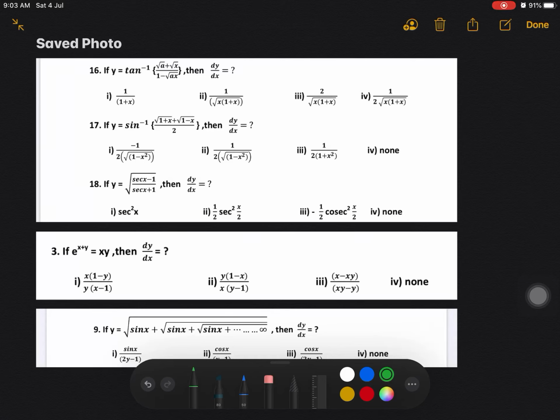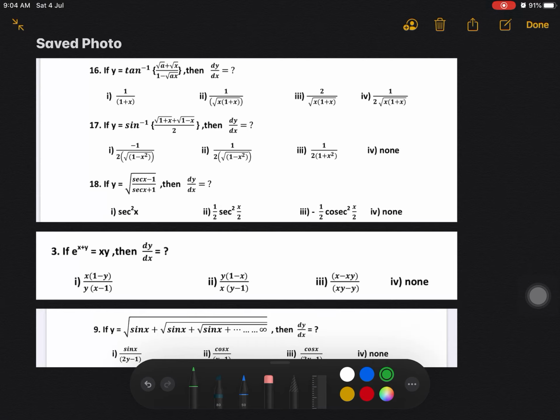Welcome everyone. On the basis of today's lecture that is given as 16, 17, 18 and question number 3 as well as the 9 of the given set, I am going to discuss this question one by one. In order to increase the efficiency of this video, you can manage to pause the video, solve it and then try to look at the solution.